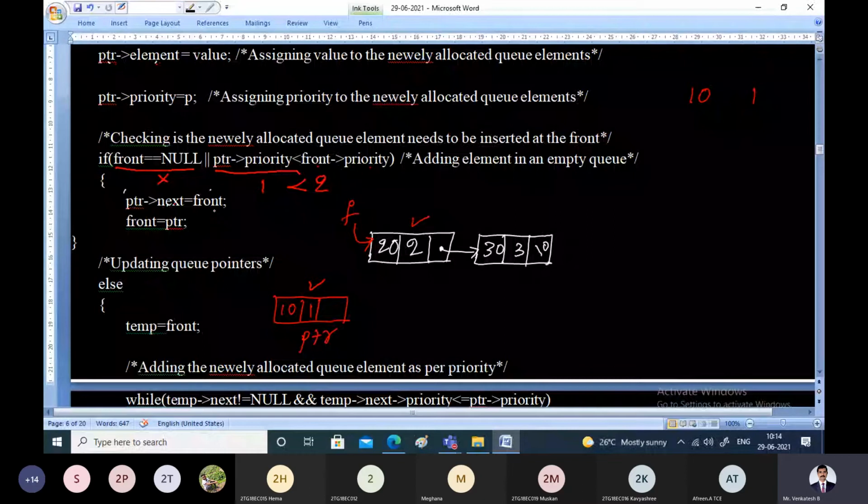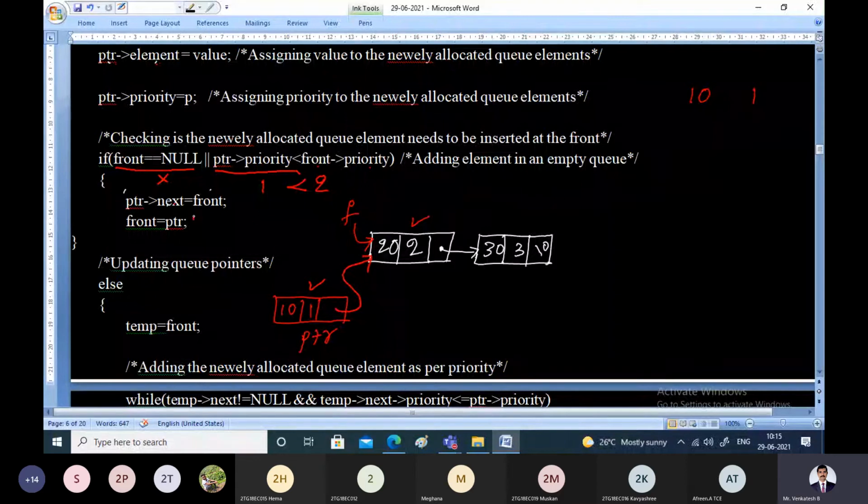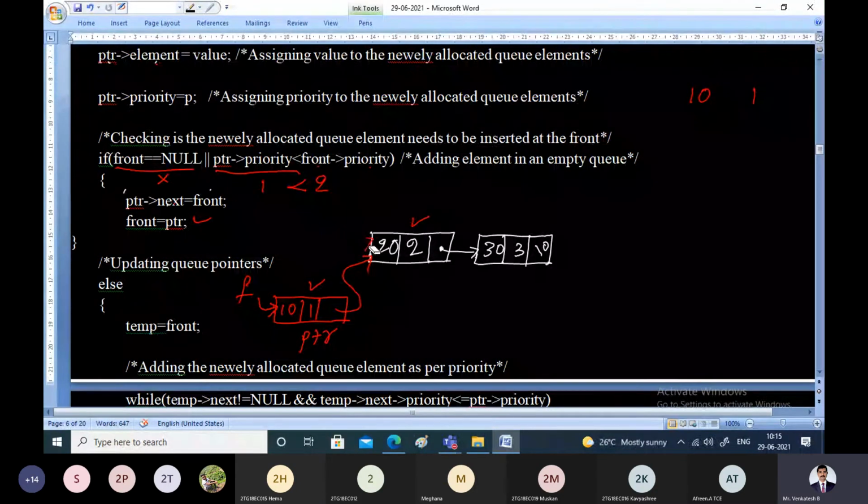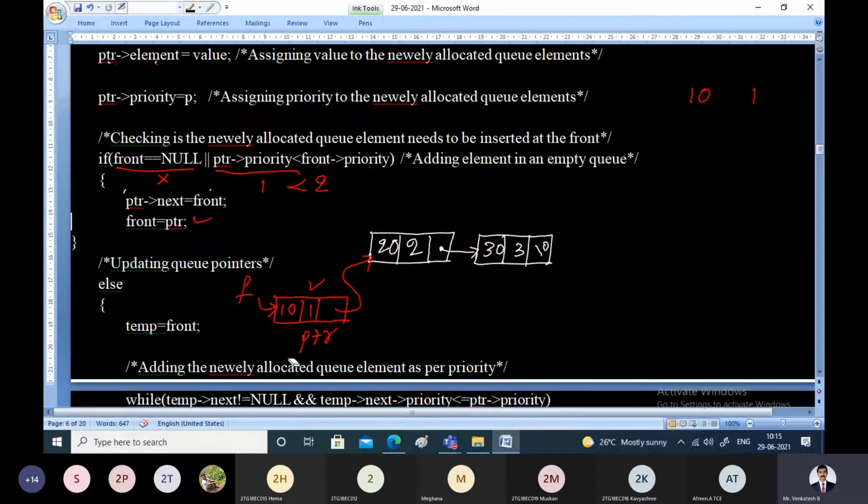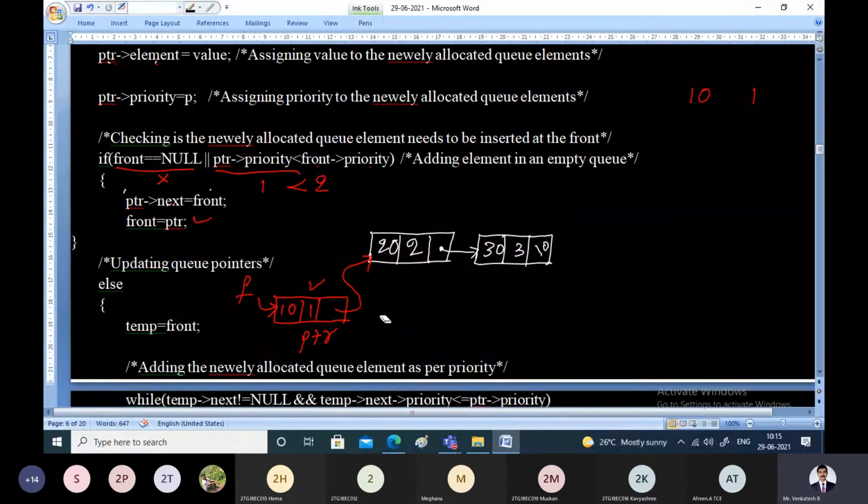That is PTR pointer next equal to front. Make this PTR pointer next point to the front node. Then bring this front and make it point to PTR. That is the next statement: front equal to PTR. That is how we have inserted the third element into the circular queue. The third element has been inserted successfully.